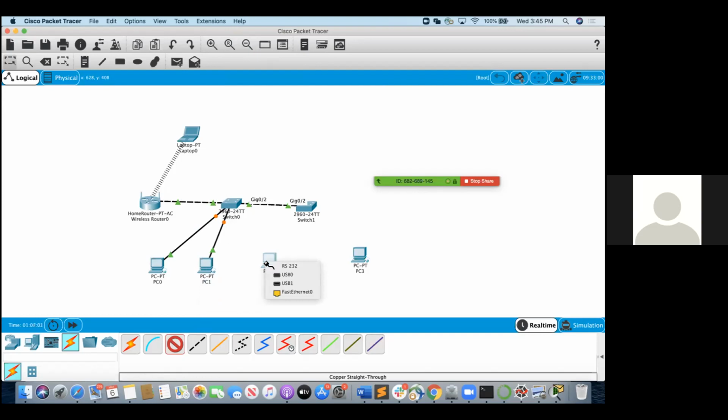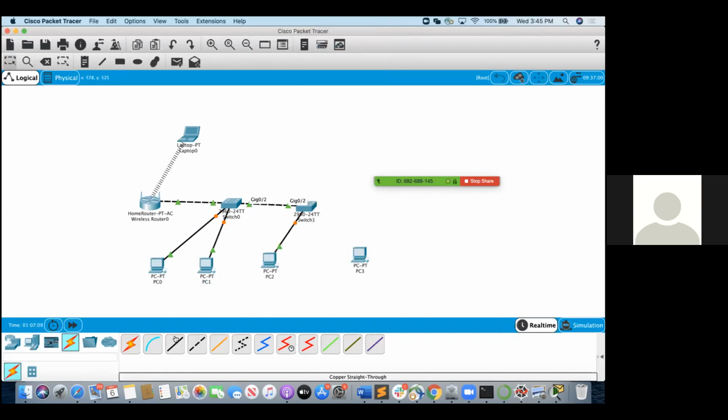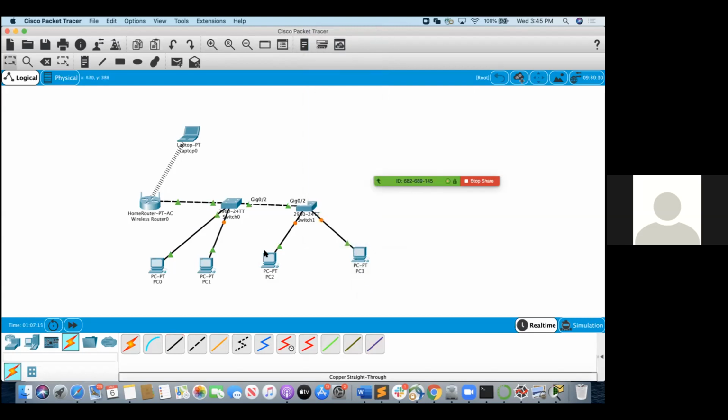And for routers to switches, it's copper crossover and gigabit Ethernet. So now that we're done with configuring our router, laptop, and the connections, I'll show you an example of how to configure a PC, and you can repeat the same for all the PCs.